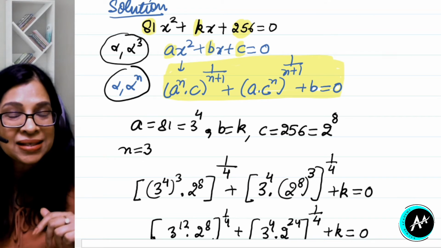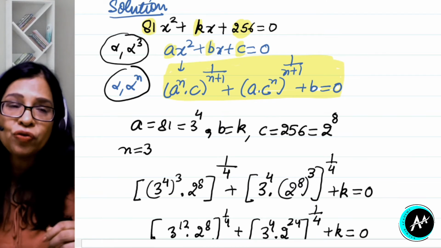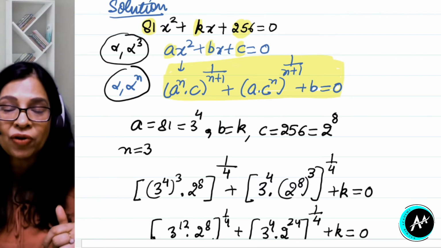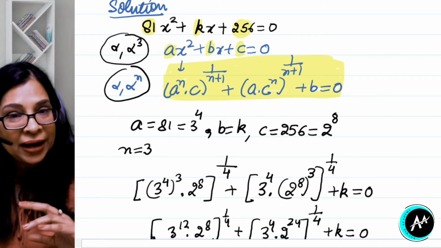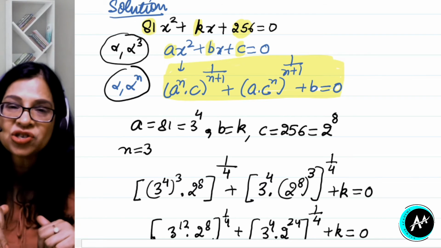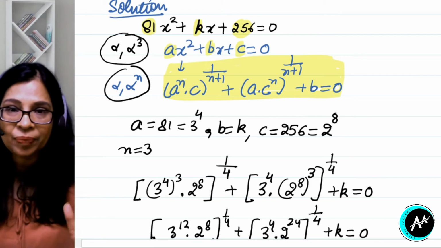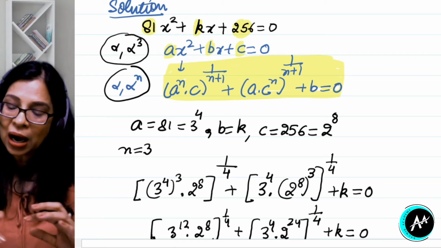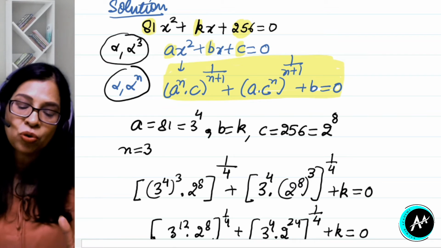You would be taking sum of roots, alpha plus alpha cube. You will take product of roots, alpha into alpha cube. फिर आप उसमें से अल्फा एलिमिनेट करोगे, फिर आपके पास k में इक्वेशन आएगी. Then you will solve and find k. So when we use the direct result, आपने सिर्फ वैल्यूज पुट करनी है और आपको k की वैल्यू मिल गई.